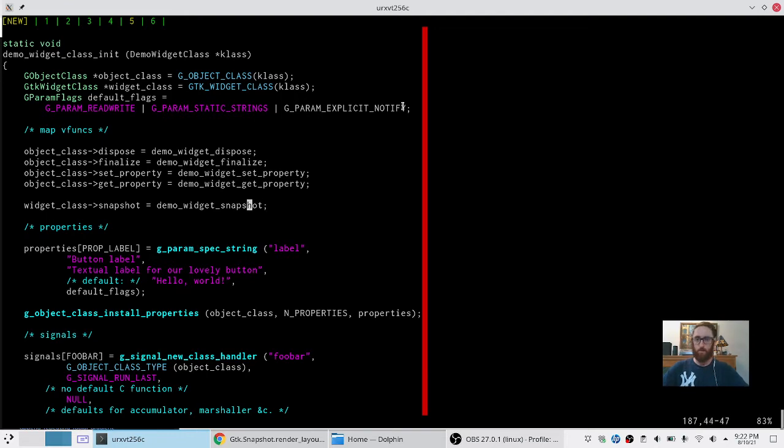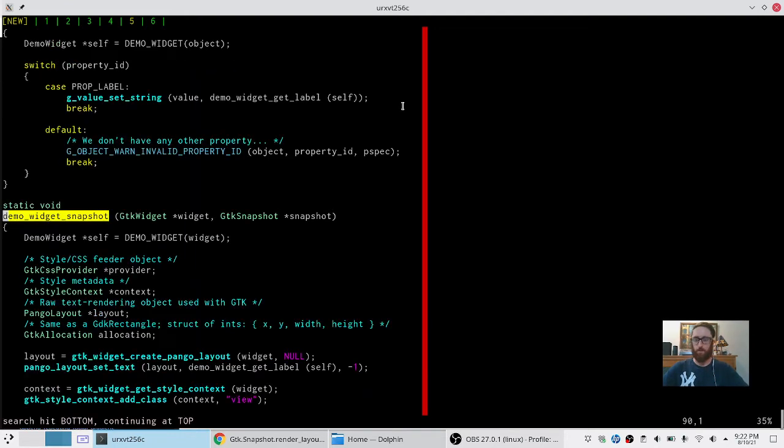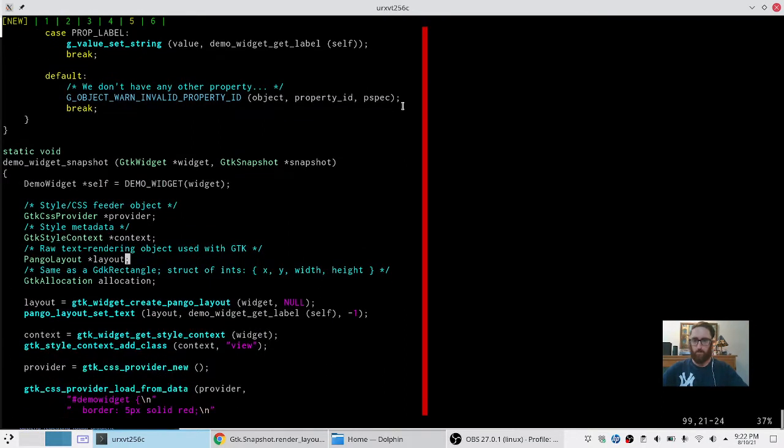So why don't we just go ahead and go straight to that function here. The prototype for any snapshot subroutine is it takes a GTK widget star and it takes a GTK snapshot star. Now, we do the same thing that we do in any private method, or any method really in one of our objects, which is we create our self parameter. Now here are some